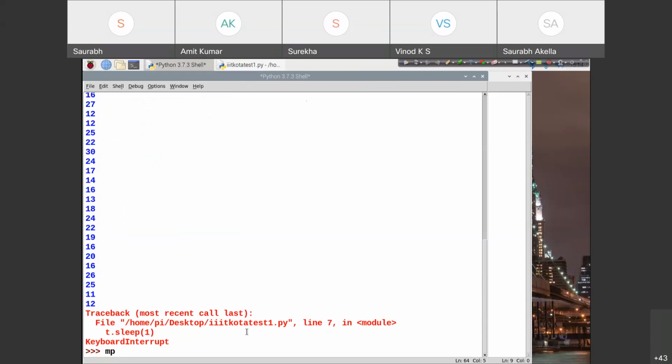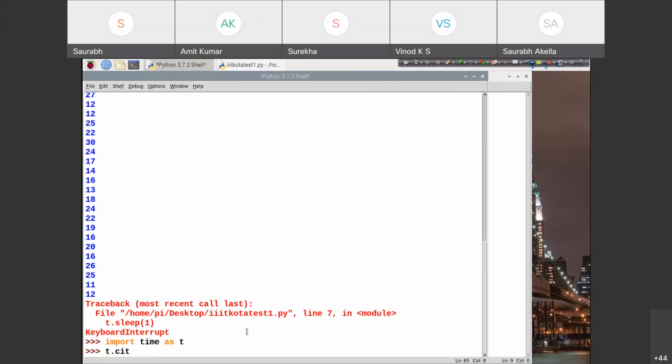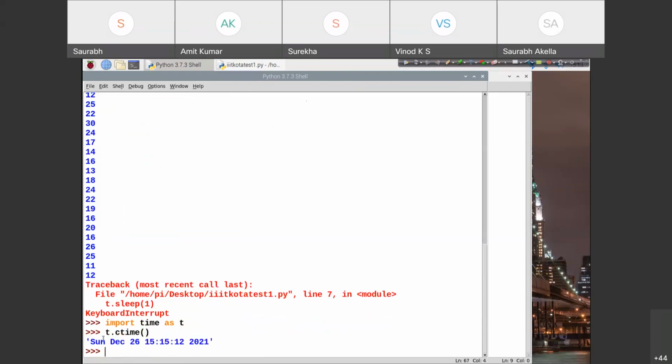There's a library function called t.ctime. ctime is a command to get the latest time updates: Sunday, December 26, 15:12, 2021, right? This was the current time. We got the current time using this command.